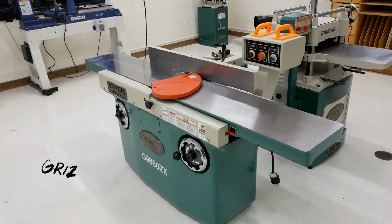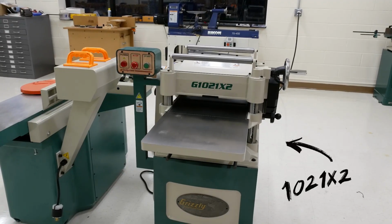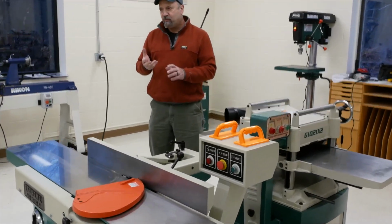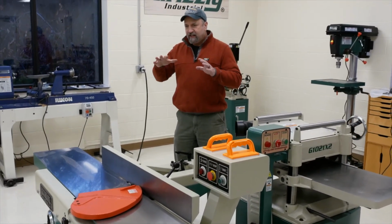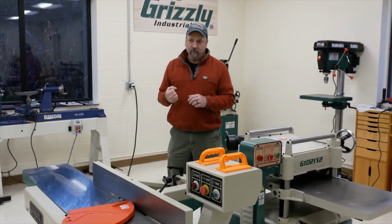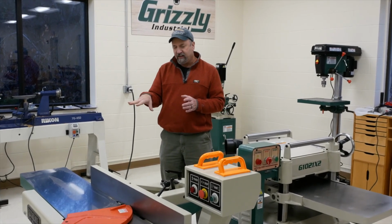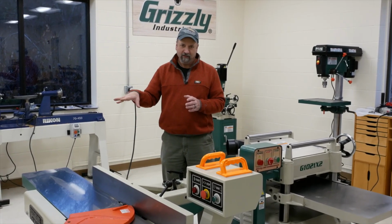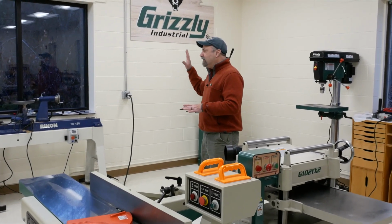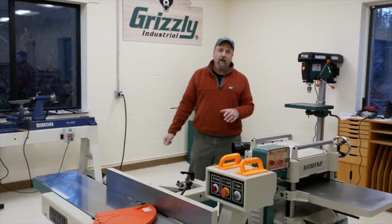We have a 12-inch joiner and a 15-inch planer, both with helical cutter heads. Super, super cool. The idea here was to come up with a shop that represented a typical woodworker shop. A nice one, but still not getting to super crazy machinery or super industrial stuff. So while you might have an 8-inch joiner, we've got a 12 because we like it. A 15-inch planer is fine. We also have a lathe along with some other lathes, a really cool hollow chisel mortiser,